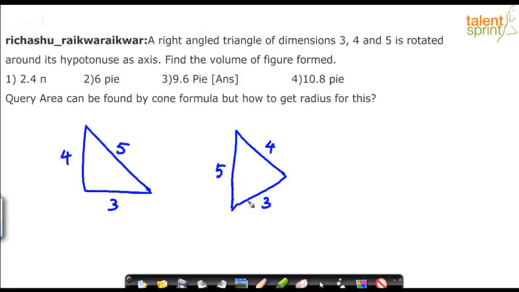Yeah, actually we'll form a cone, but the point is it is being rotated along the hypotenuse. See, if it is rotated along this length, we can say a cone is formed. For this triangle, if you rotate along 4 as the axis, a cone will be formed. But here we will not get a cone, or maybe yes, we'll get a cone, but